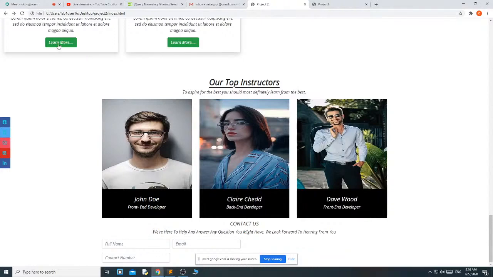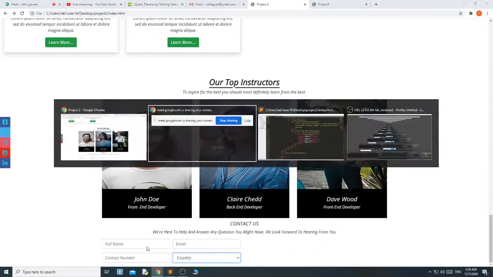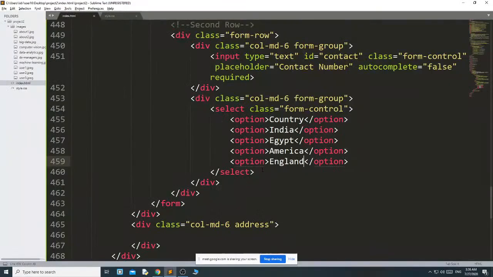Okay, let me show you. This comes here as country, but I want the country to be the default selection. That's why here I am writing option selected.